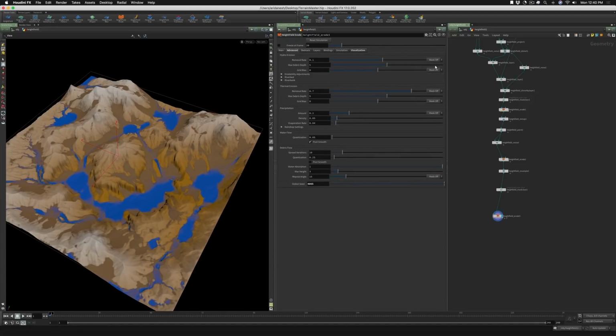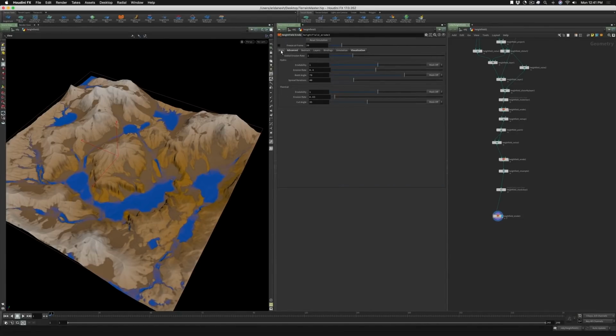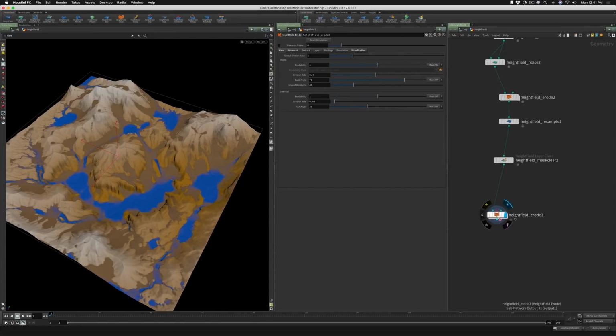Also, you can see that in the Advanced tab, we have lots of things that have masks. So how do we use them? Well, I showed you one case earlier, but in general, when you have, let's say, the erodibility here, mask off, you turn it on and it gives you a new parameter. And that parameter will be de-highlighted for now because for all masks in 17, it's channeled into the second input of the erode node. So as soon as I wire this in like that, you'll see that this is now